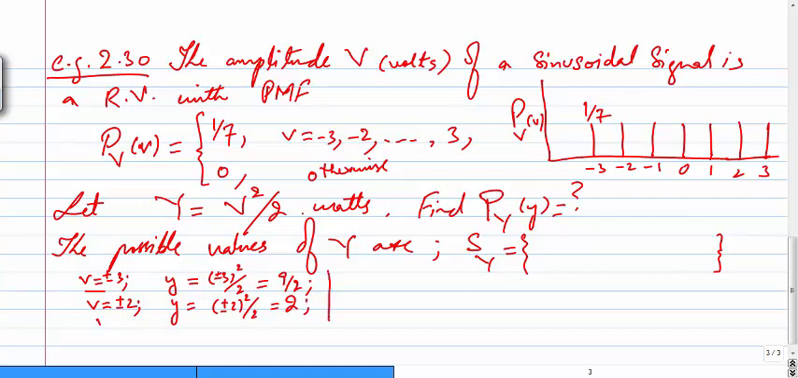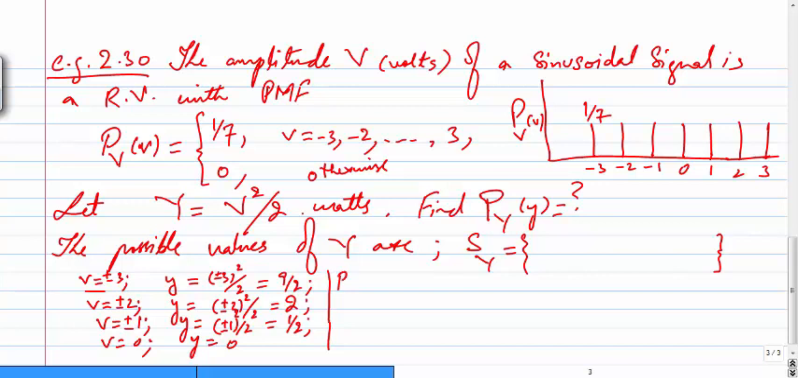Similarly, if I put y is equal to plus minus 1, then y becomes (plus minus 1) whole square divided by 2, so it becomes 1 by 2. And lastly, y is equal to 0, so this is also 0. Okay. Now there are two outputs here. So what about the probability when y is equal to,